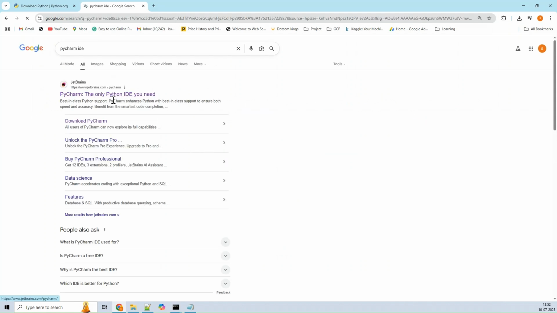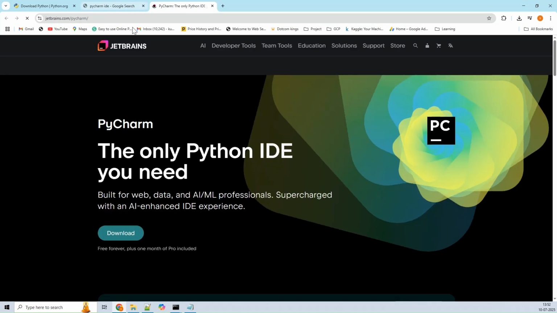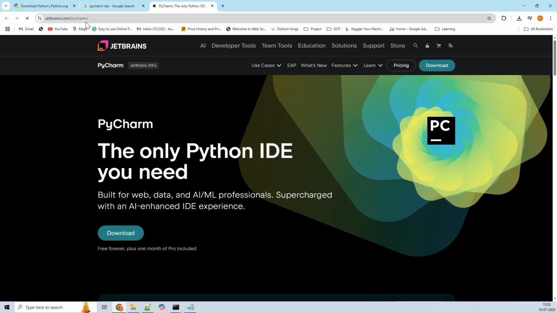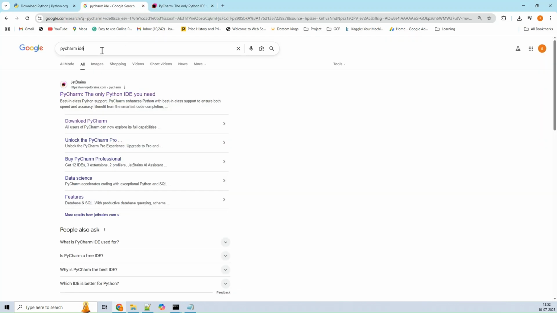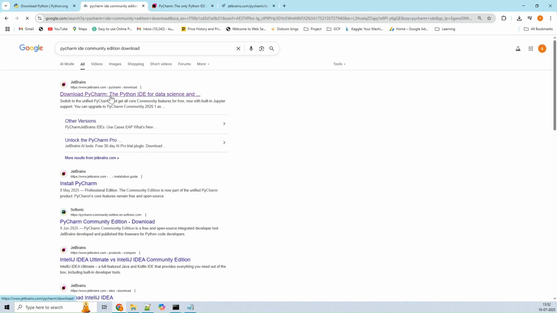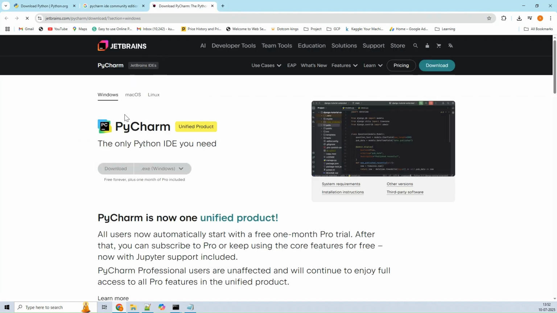For the PyCharm IDE, you just need to type PyCharm IDE and it will show you a link. You need to use the link which is from JetBrains. And I want to download the community edition. So I just typed in Google to open the link where I can get the PyCharm community edition.